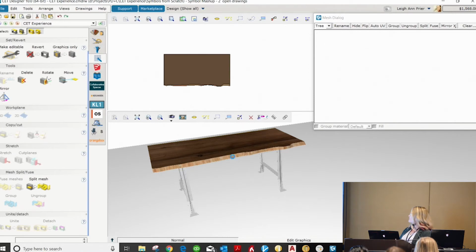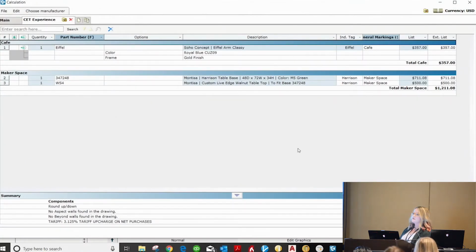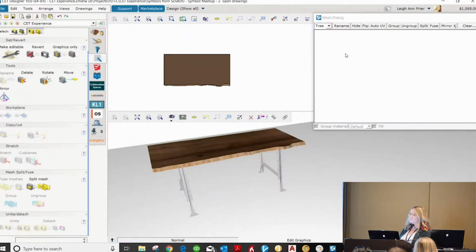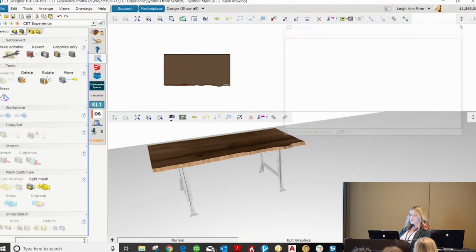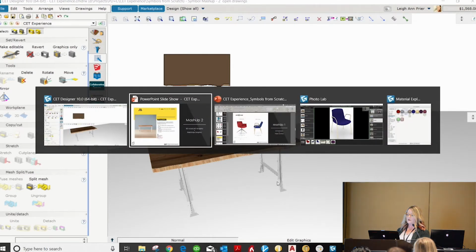Okay, so now we're getting somewhere, right? We've created some parts and they're actually specified, and we have pricing, and they're tagged and everything, right? So far we're doing pretty good. So now our last thing we're going to do is we are going to look at